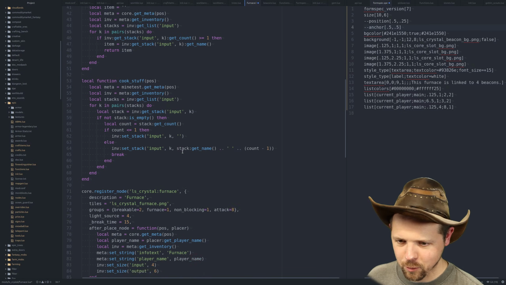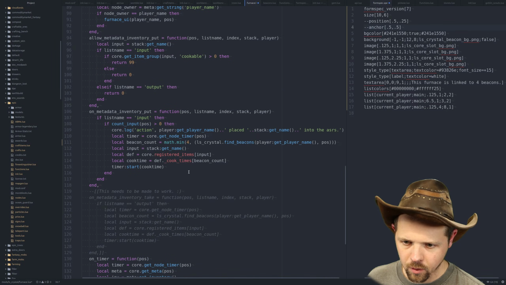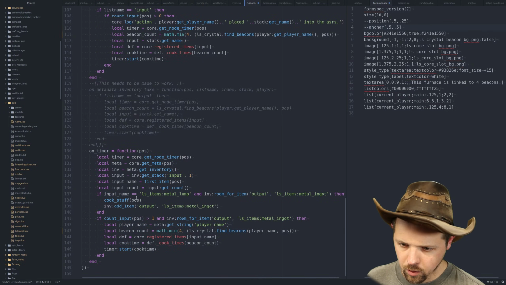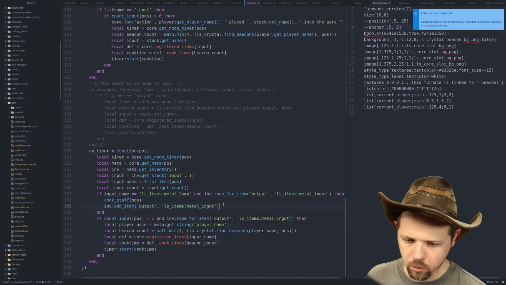I think it needs to be specifically declared what the output is going to be. If input name metal lumps, then cook stuff position. Yeah, which is a terrible way to do things. That should be